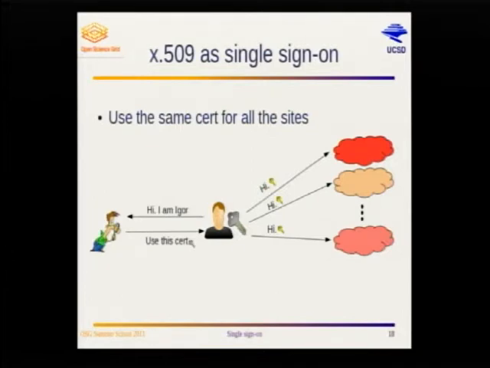So we use X509 as a single sign-on in Open Science Grid. Once upon a time, you talked to somebody, the DOE Grids. The DOE Grids wanted some proof that you were who you claimed to be, so they asked Alan if you really are the person who claimed to be. And Alan said, sure, give them the certificate. You got the certificate running the second script, and now you have a certificate that you can take to all the sites. So this is the magic thing that you did yesterday.